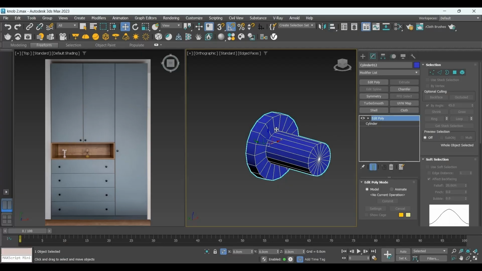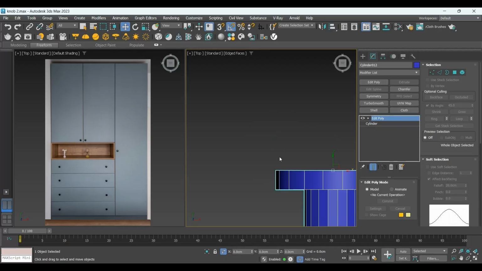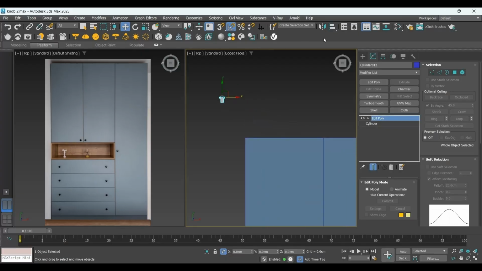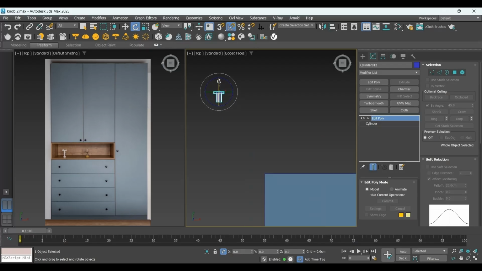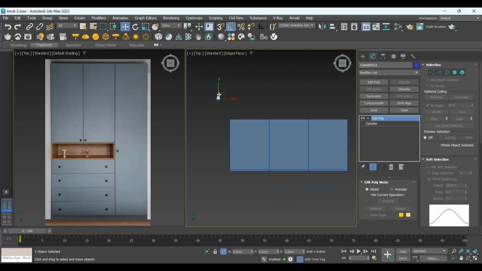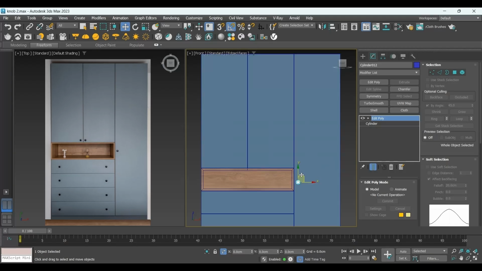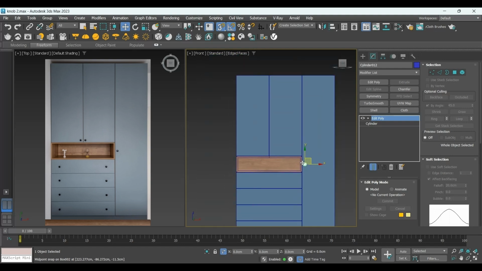Now I will go to the top view. I will rotate. Now I will place it over here. Go to the front view. I will move it in the y-axis to the middle of this opening, and now I will make more copies here